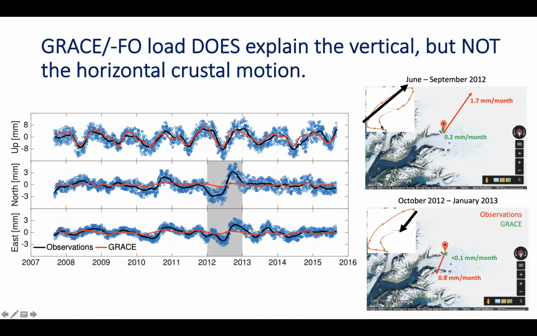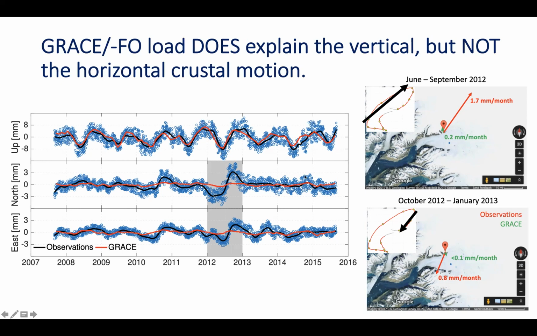And so here is again this trajectory on map view. If you just look at the 4 summer months, the resultant displacement vector is something like that, which had the amplitude of 1.7 millimeter per year, so per month. For the following 4 months, the bedrock was moving in the opposite direction, and the amplitude was roughly 1/2 of the summertime amplitude. And the model prediction is shown with green here, and it is virtually 0.